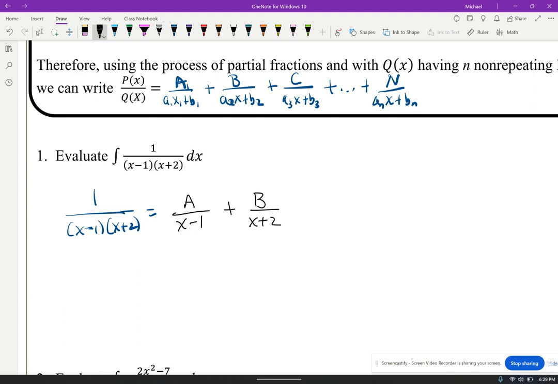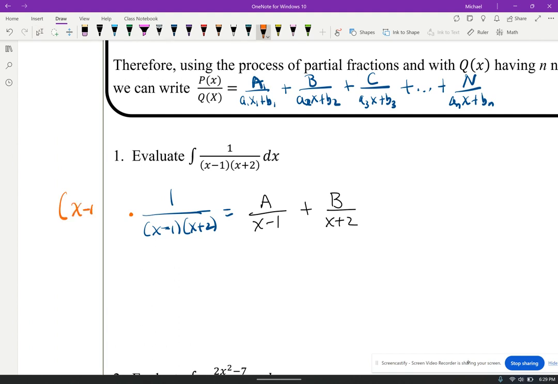This is a true statement for any x value, right? If I take this fraction and break it up into little pieces whose denominators are factors of the original one, then I can add those two together and get this answer specifically. Great. So we're always going to start this way. We're going to take the factors of the denominator and make a little fraction for each of the factors. Now, at this point, I want to figure out what the value of A is and what the value of B is. And so what I'm going to do is multiply by